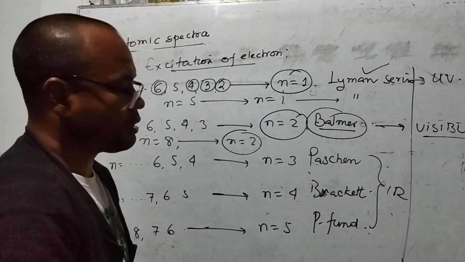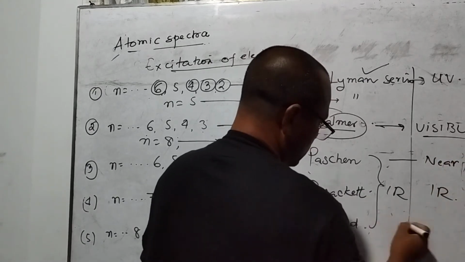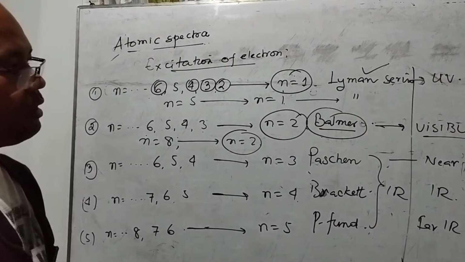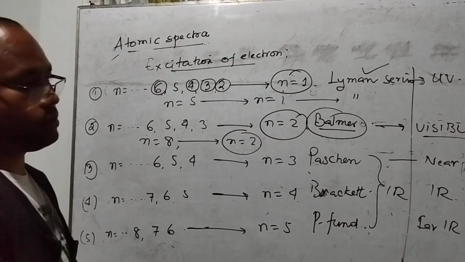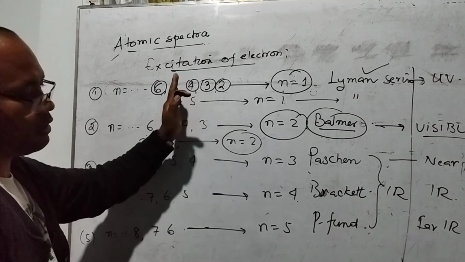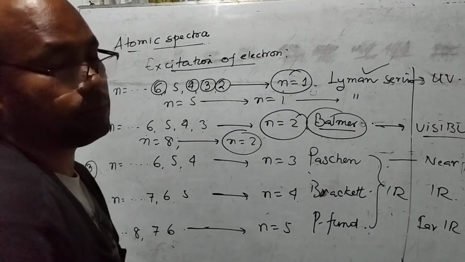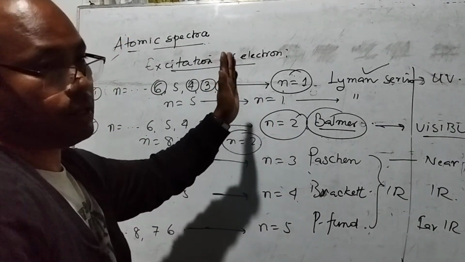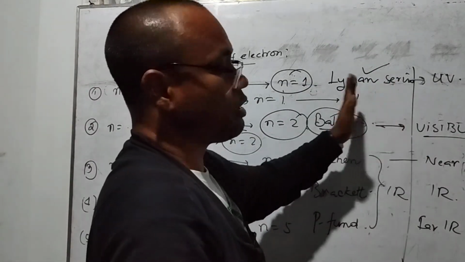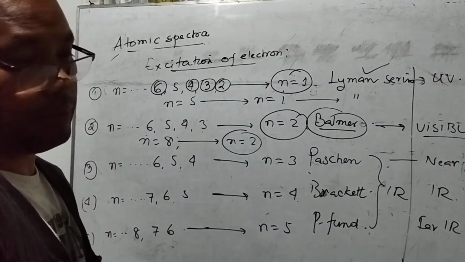But here, the Paschen series is the near IR, the Brackett is the middle one, and the Pfund is the far IR. So these are the frequency ranges of the particular series of our spectrum. Now, please don't forget, in your examination or in your competitive examination, these types of series are a very common question for different excitations of the electron, and these frequency ranges correspond to the particular series. So I think it should be remembered here, right?